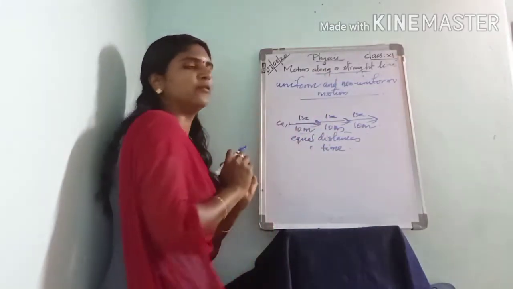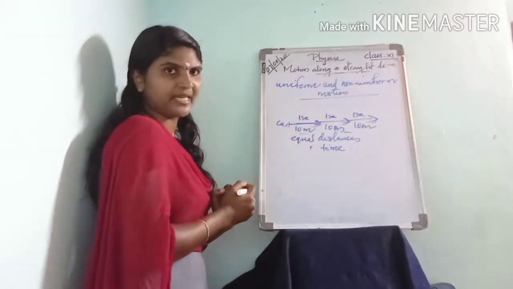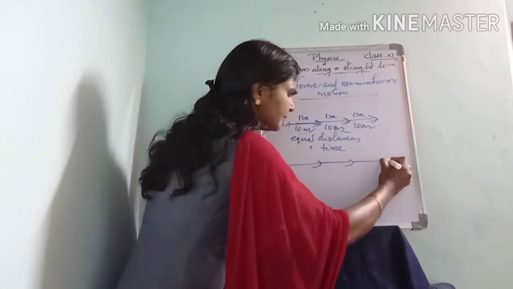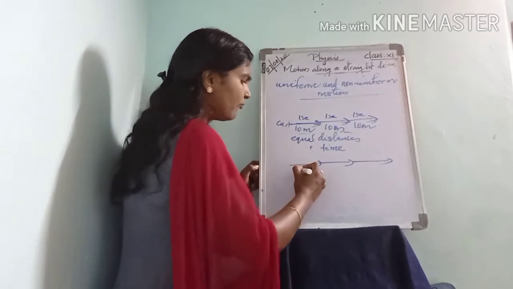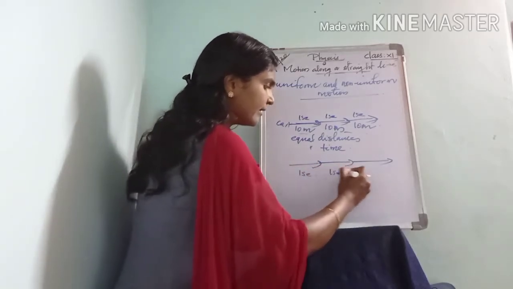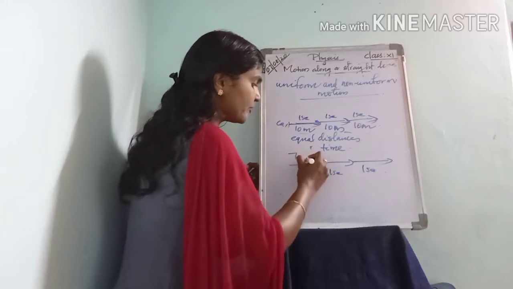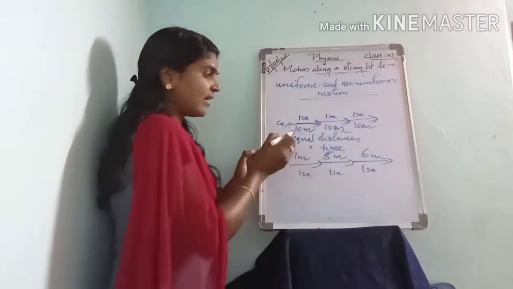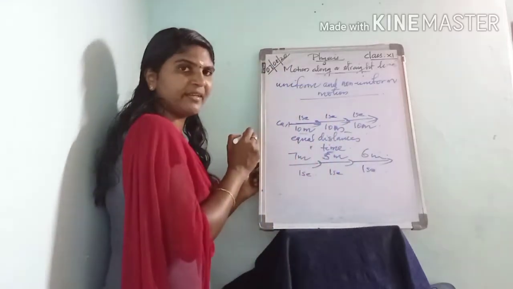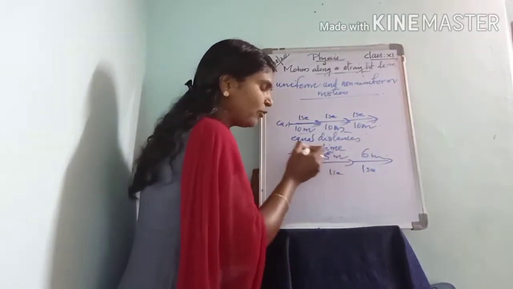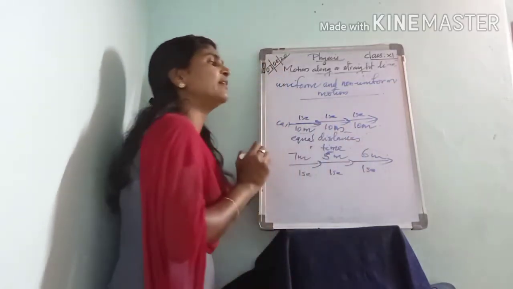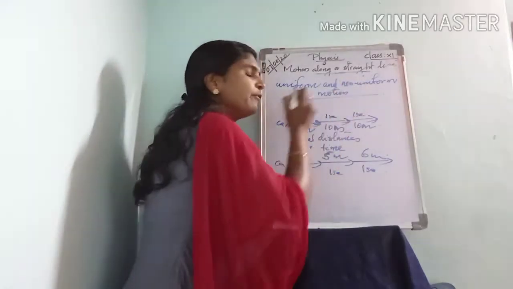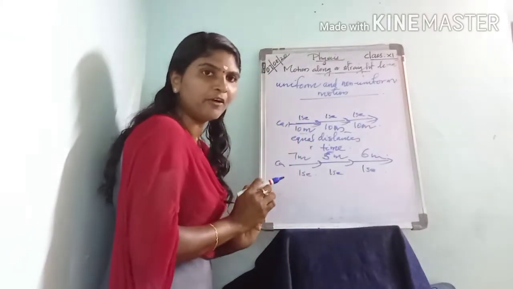The next is non-uniform motion, which is the opposite of uniform motion. Here also we can consider the motion of a car. For every 1 second, the distance covered by the car is not equal. In the first 1 second it covers a distance of 7 meters, in the next 1 second it covers 5 meters, and in the next 1 second it covers 6 meters. Then we can say that the car is in non-uniform motion.